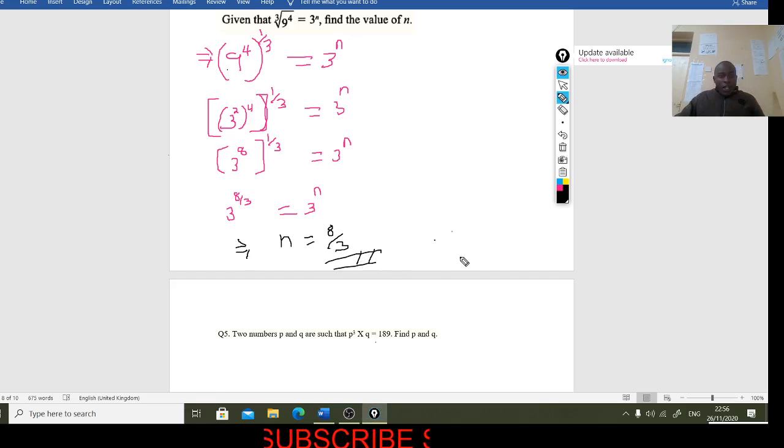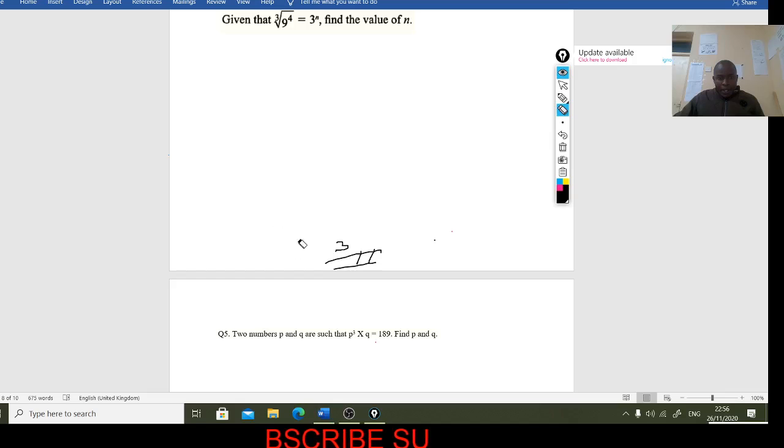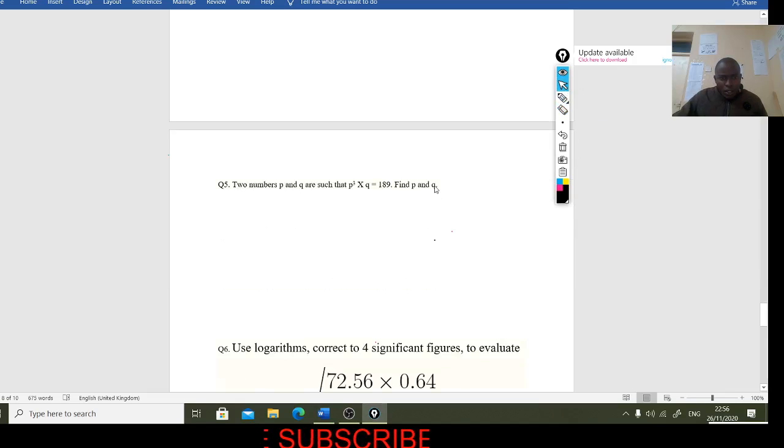So that is how we find the value of n in such a question. Now you understand how to apply indices. I'll do some questions also on how to apply a logarithm. But before I talk about how to apply a logarithm, you need also to note, if you are given